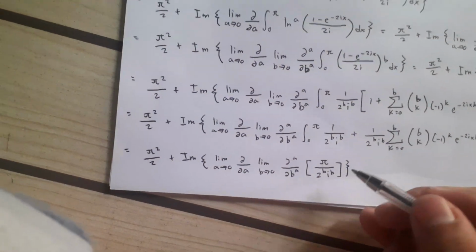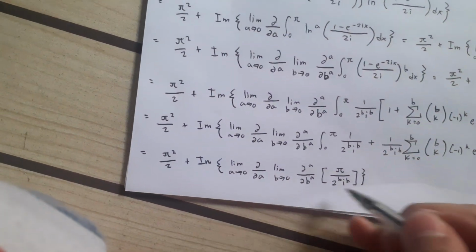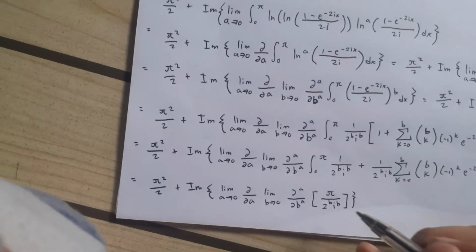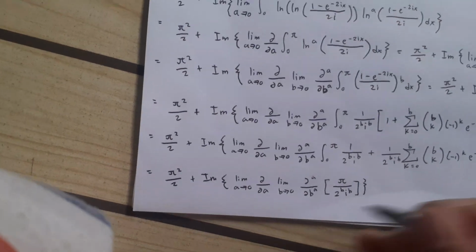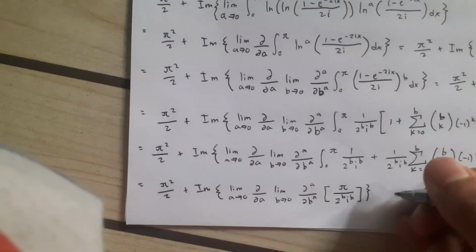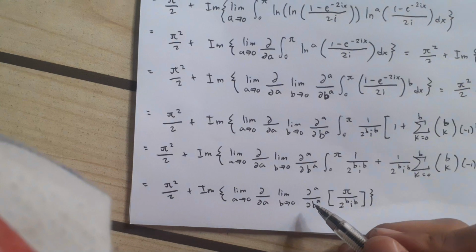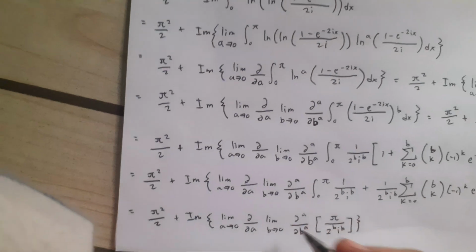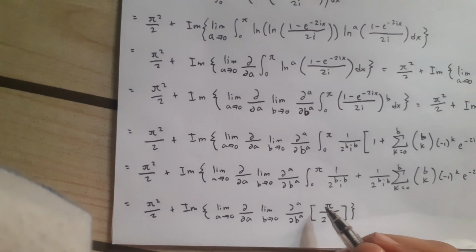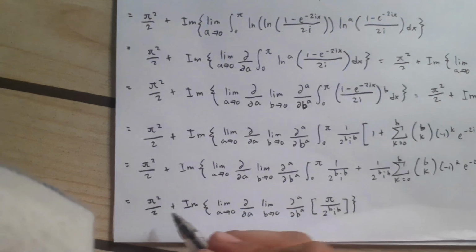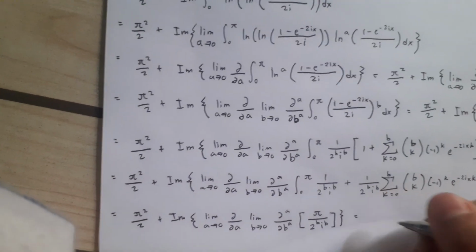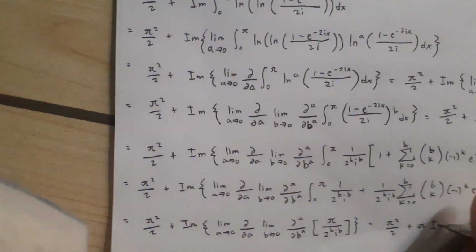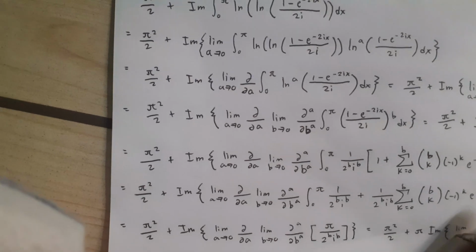So now we have a very simple expression, and we can evaluate this. First we will get the derivative of this expression to the a order. We will first factor out this constant factor, which is pi, outside the imaginary part. So this is equal to pi squared over 2 plus pi times the imaginary part of the limit as a approaches 0